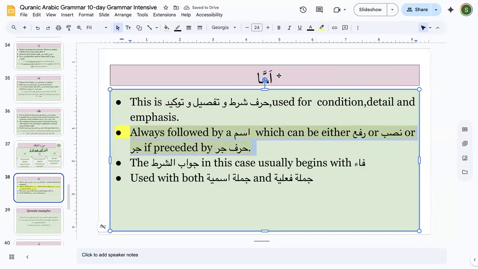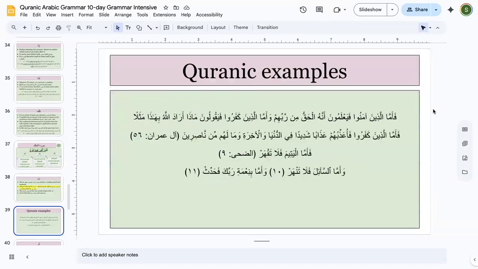You will find another amma in Quran, which is a combination of am plus ma. Am means or, and ma means what. So that is also there in Quran. But if it is amma shartiya, it is always going to be followed by an ism. Okay, an ism can be either rafa, nasb or jar. Is this clear to each and every one of you? Listen to the recording again. If you do not understand, you should go back, listen to it again, commit it to your memory, because this is going to change everything for you.